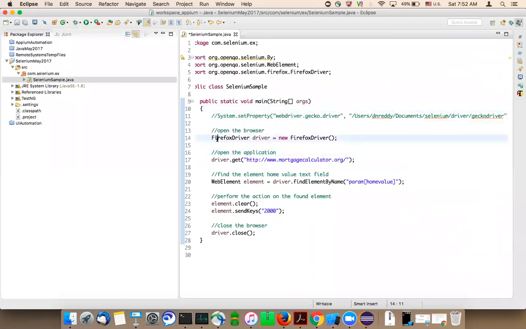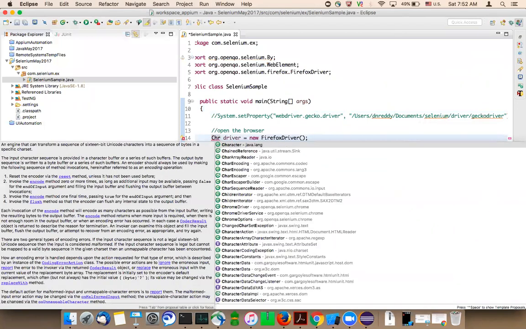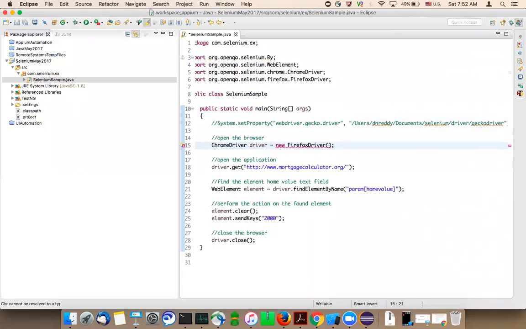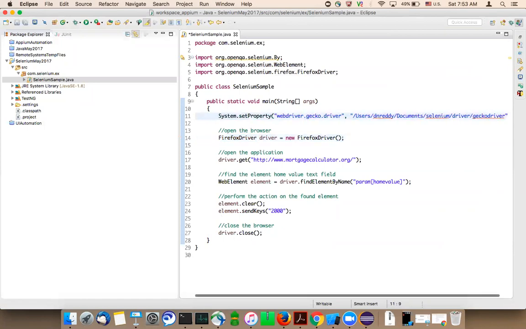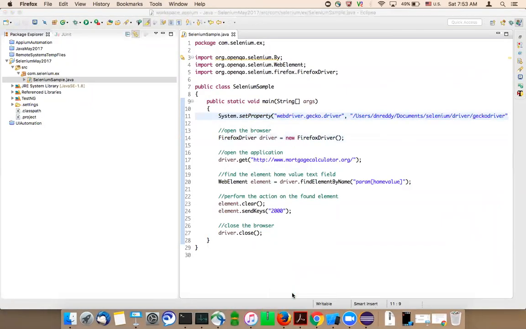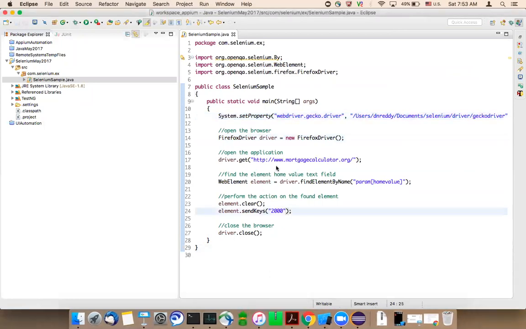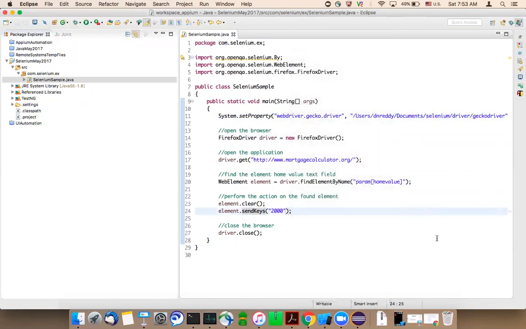Make sure that if it is Chrome, it is the Chrome driver. I'll run the code in the Chrome browser also, and that time I'll show you clearly. Now, another quick question: can you go back to the browser? Sure. Before that, I'll just run it and see whether it is working or not.